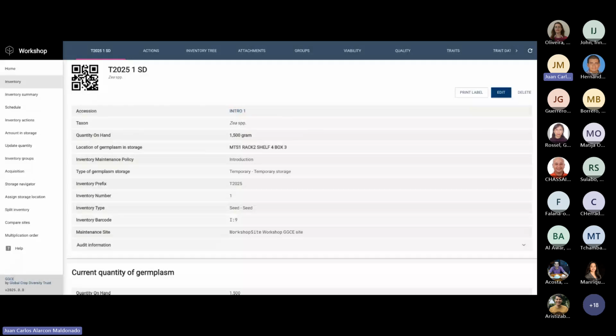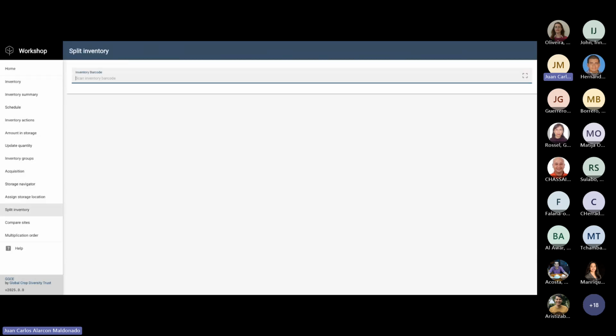And one more thing we can use is the split inventory. Most of the time, maybe you receive, for example, this inventory, and you want to split this inventory into long-term storage and active storage. In that case, also, we have the option to split inventory. And we say save, is the split inventory, and continue. We need to read the barcode